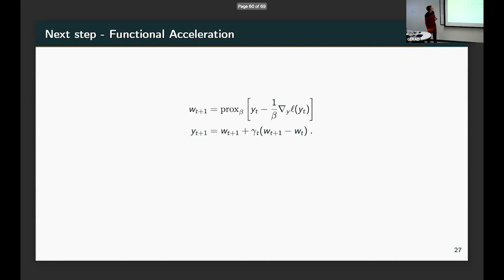What more can we do? So this is what I've been wanting to do for the last 2 months. I need to find the time to code. Who knows about Nesterov acceleration or momentum? Virtual hands? Don't be shy. Okay, more. I think that's the best show of hands I've had since the beginning.